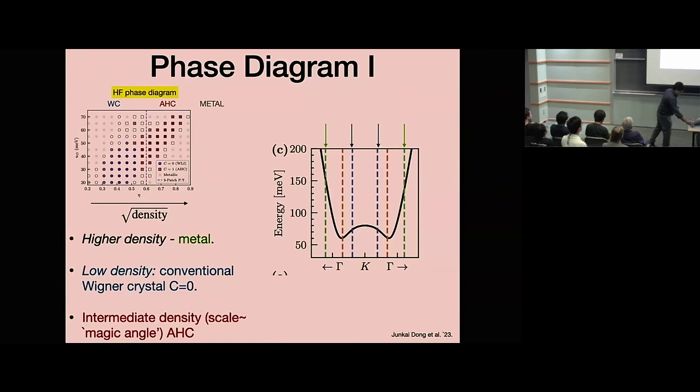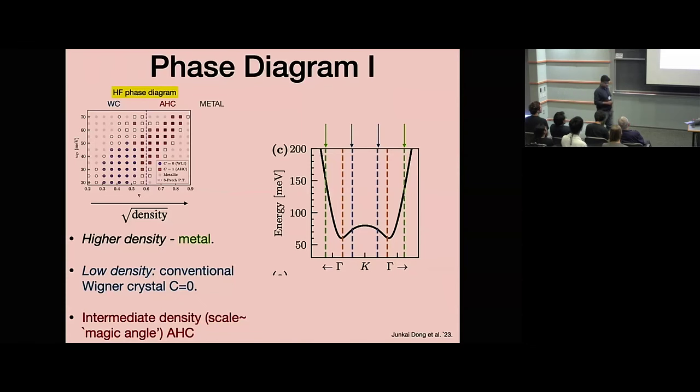Okay, so one thing worth pointing out is that this critical density we see over here, where this dispersion goes up, that's really where we said this V times K is of order the interlayer tunneling. In fact, a very similar combination of constants appears when you calculate the magic angle of graphene. So the densities corresponding to magic angle graphene, roughly speaking, is the density where you go from this metal to the